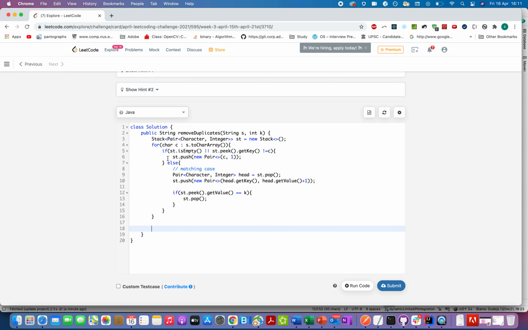And once we are done with this for loop, we will create our answer string.